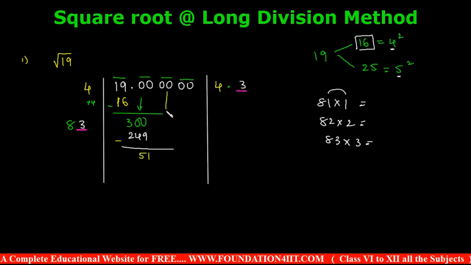Now you can take down the next set, that is 2 zeros. So what I said, always now you can come to this divisor place, 83, right? In the units place, you should add again one more number. Whatever the units place is, 3, you can add plus 3 for this. 83 plus 3 is 86.